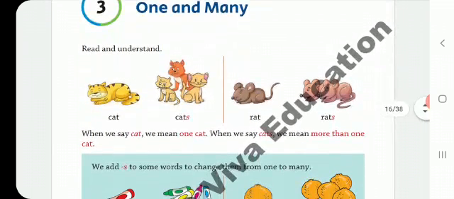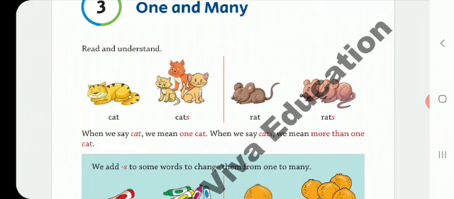One means singular and many means plural. Look at the pictures that are given over here. There is a cat that is sleeping, but that is just one single cat. So, one cat. But in the picture next to it, we can see three of them. So they are three cats. C-A-T-S, cats. One rat and two rats.